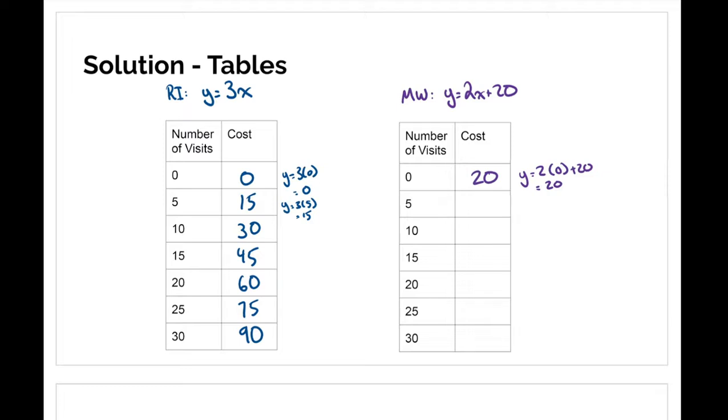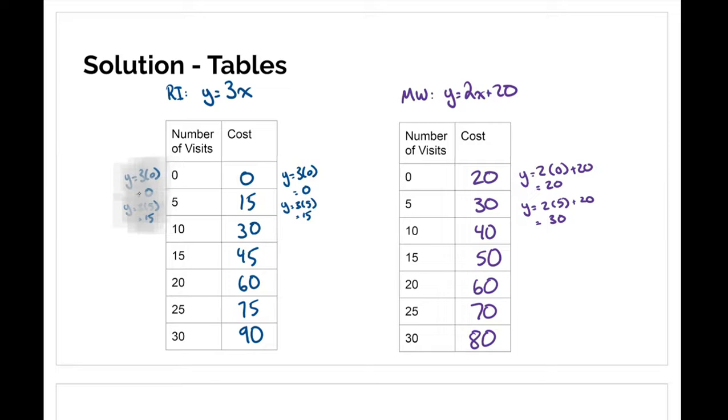So again, we've talked about that before, so we should know that the constant, or the 20, goes in for the 0 spot. For the next one, y equals 2 times 5 plus 20, or 10 plus 20, which is 30. For 10, if we plugged it in, we'd get 40, or you could think of every 5 rides as adding $10. So 50, 60, 70, and 80. So using that,